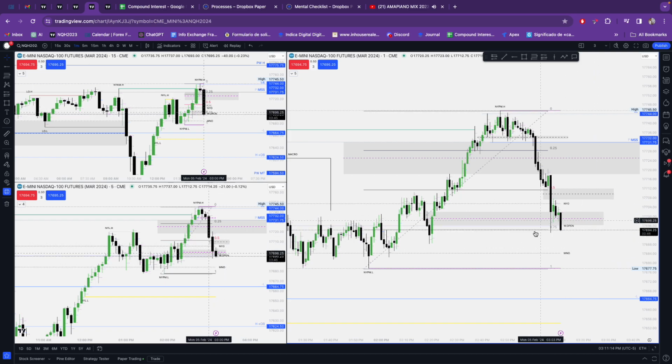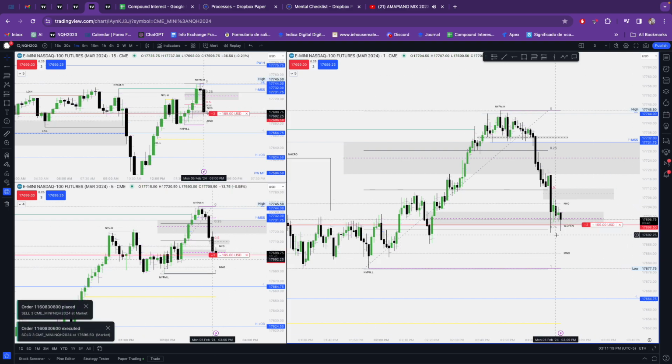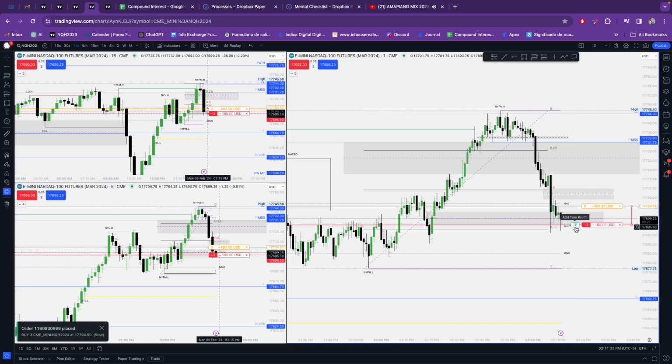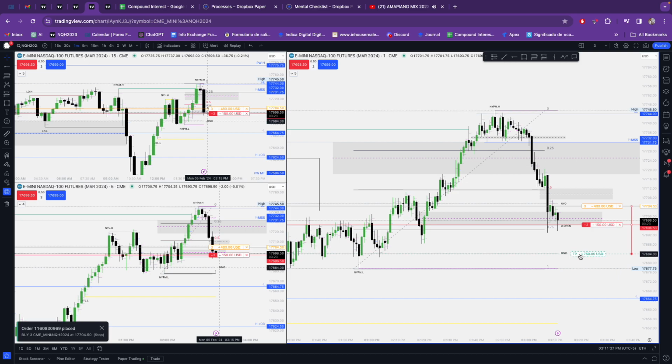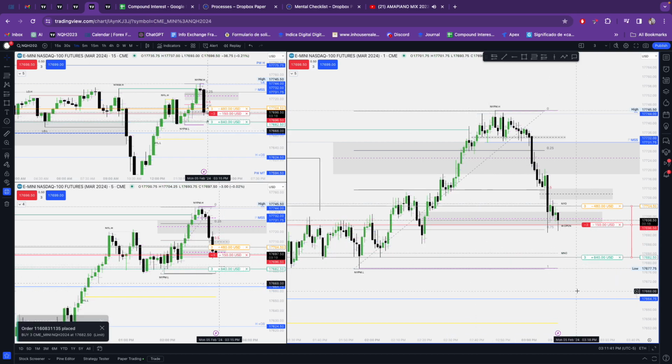I don't want to buy down here in my real accounts, and this is the reason why. Something like this happens, and here we go. We're gonna continue coming down here. So if I were to enter in here, stop loss would be up here. Extremely tight stop loss. Take profit, I want to target these lows down here, although these will be the closest lows. So again, this is not in my actual account.